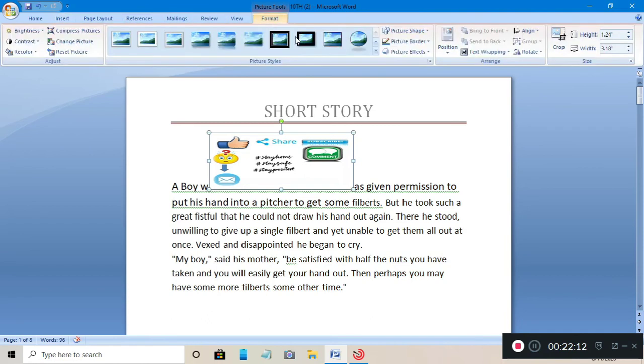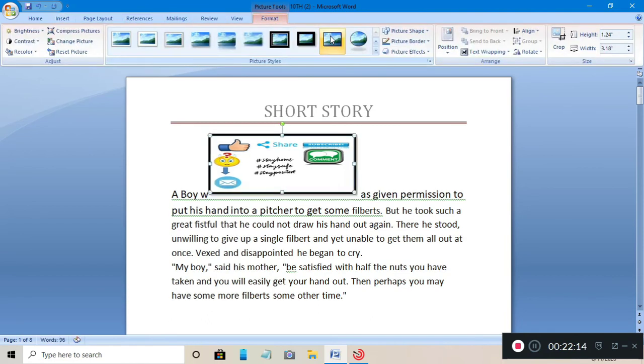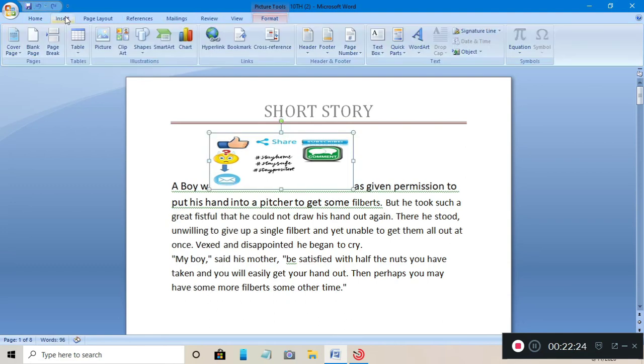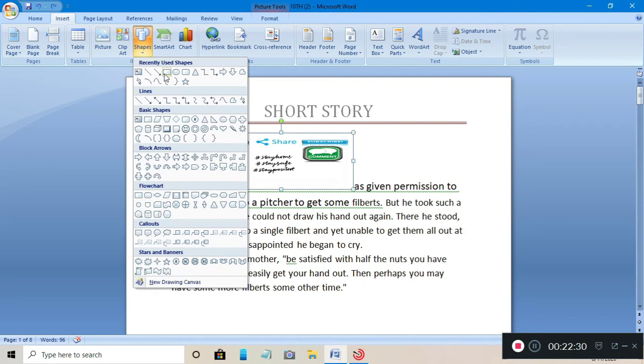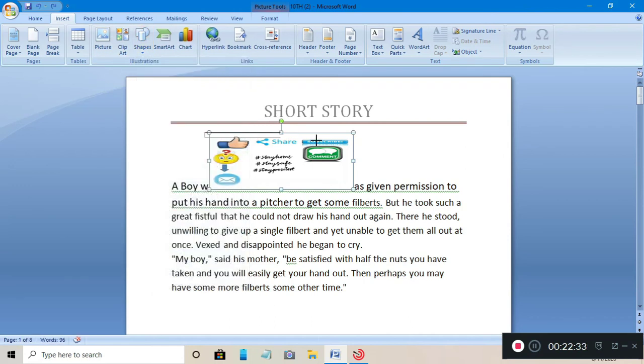The first way, you can select the picture style to bold the outer part of the picture. If you don't want to do this, you can go to the insert option, and from here you can add a shape. This way you can add the shape.